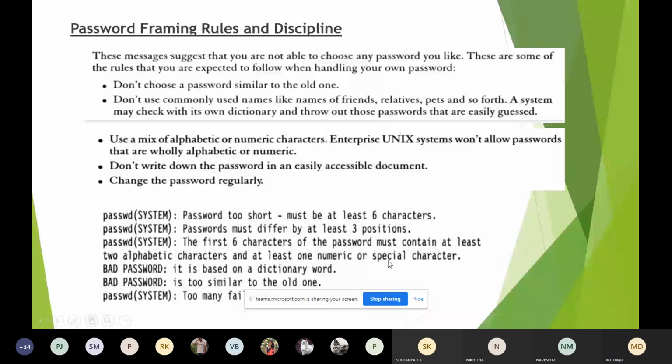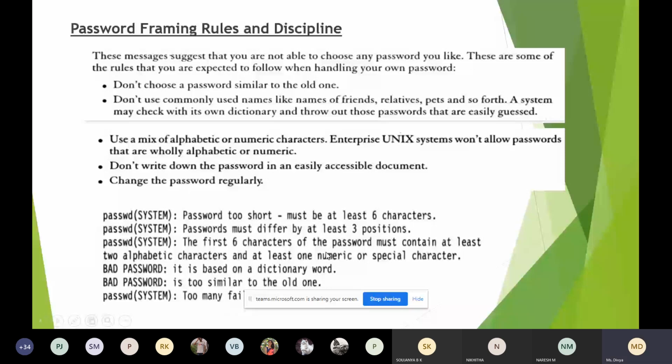There are also messages for bad passwords: it is a dictionary word, or it is similar to the old one, or you are trying a new password with too many failures. Too many failures means again and again you are making an attempt to change the password. In that case, you will get a failure message. So this is about passwd.